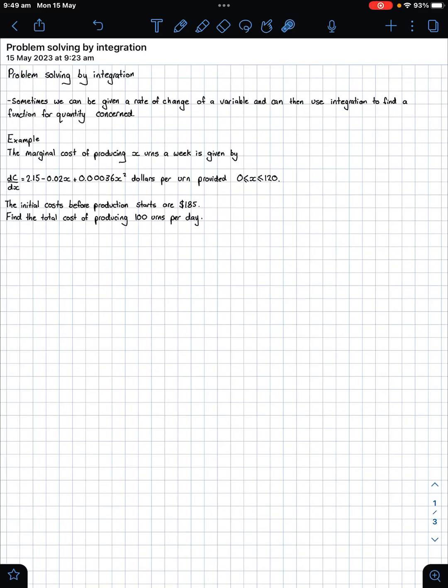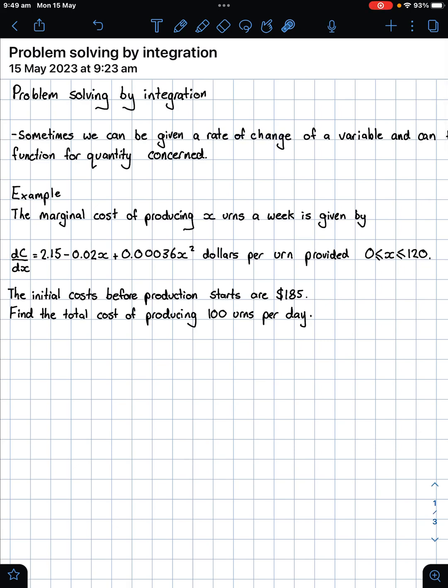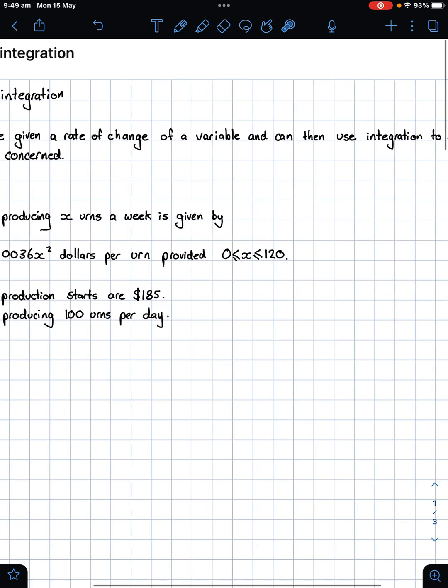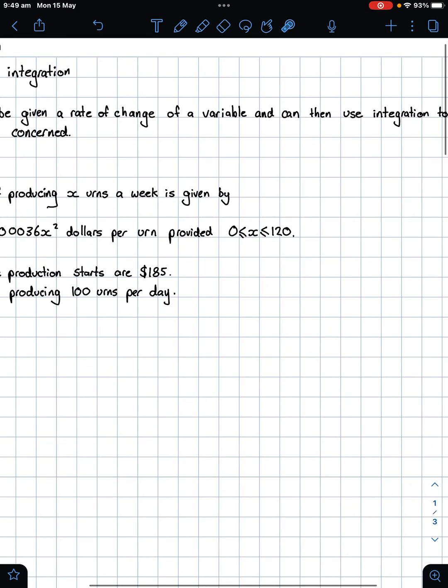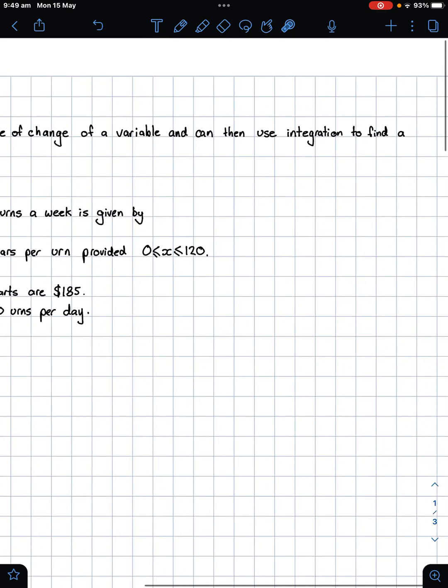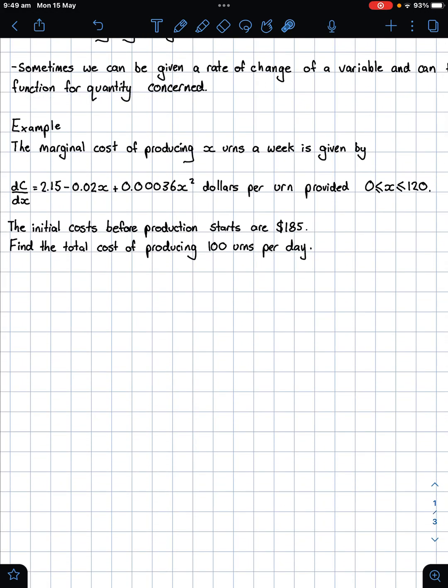We're going to look at problem solving by integration. Occasionally we can be given a rate of change of a variable. In a practical sense, sometimes it's easier to measure the rate of change than to measure the actual quantity. So we can get the rate of change of the variable, and then if we use integration, we can find an original function. The example we've got here is the marginal cost of producing X earns a week